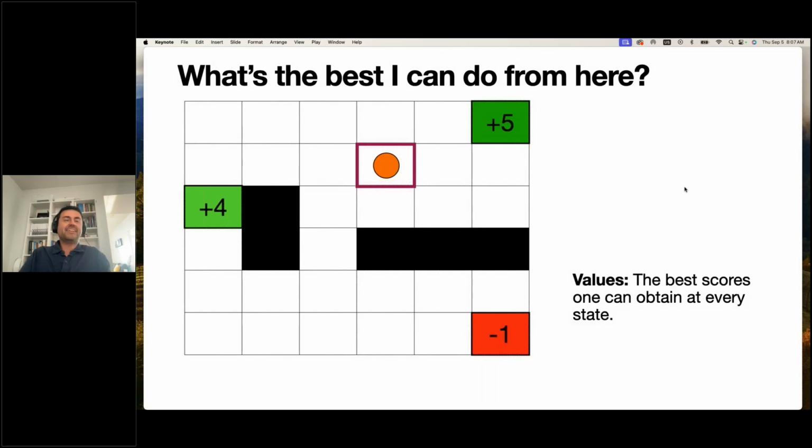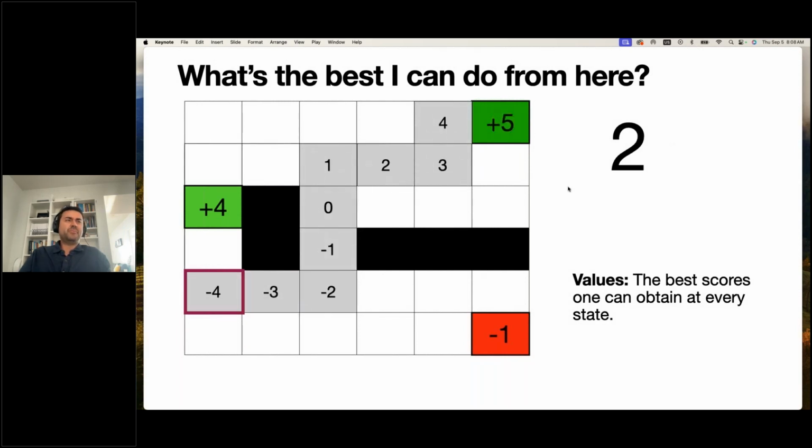Jake, Rafael got it. Yeah, it's actually 2, because if I do this, then I can get 2, 4, 4, 3, and 2. So the 2 is the best I can do from that spot. Now, in the interest of time, I will answer the next one, but feel free to put the answer in the chat. What is the best I can do from this spot over here? I could walk all the way to the 5, right? And get minus 4 points, but it's actually better to walk all the way to the 4 and get 2 points. So from here, the best I can do is 2, because the strategy is to walk into the 4.